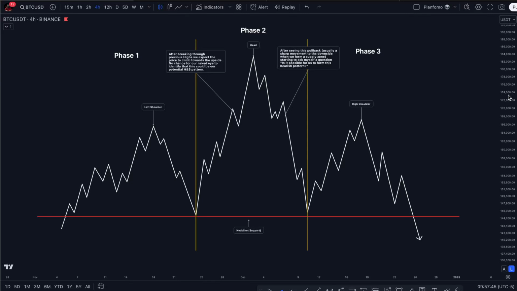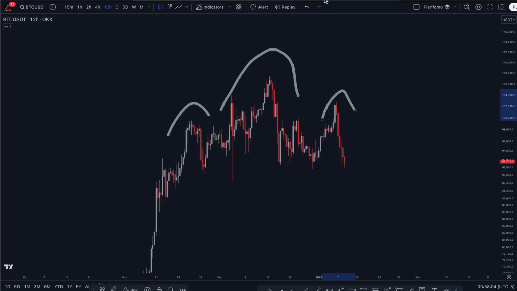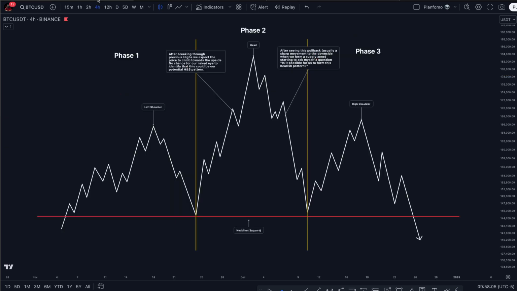Head and shoulders pattern. Have you ever wondered how it works? What is the psychology behind this pattern and why is everyone so afraid of it right now? In this video, I will dive deeper into all the technical details of the most popular price action pattern called head and shoulders. This is the pattern we're forming right now on the Bitcoin charts, on Ethereum charts, and